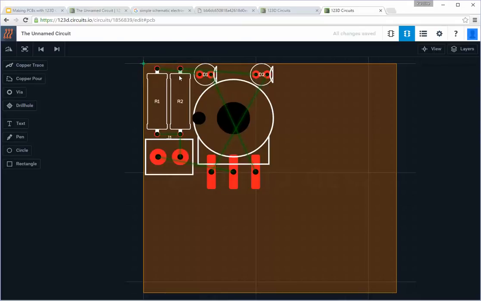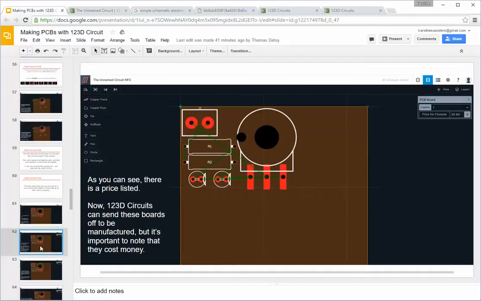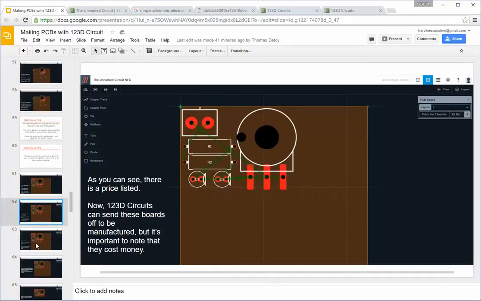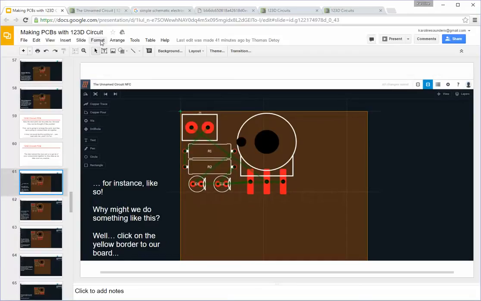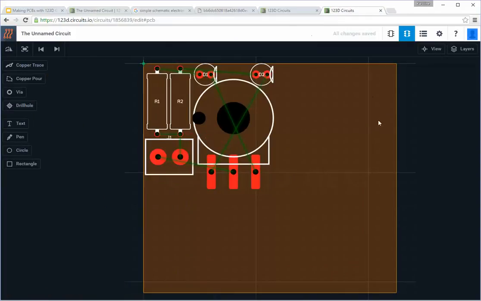But minimizing it to start with will help you when you start wiring this. If you think you found a good configuration,